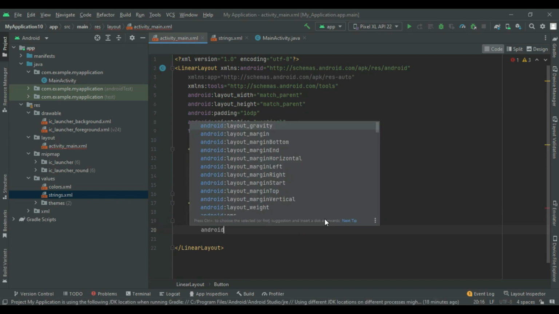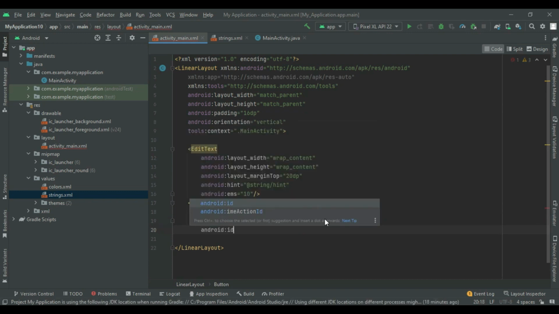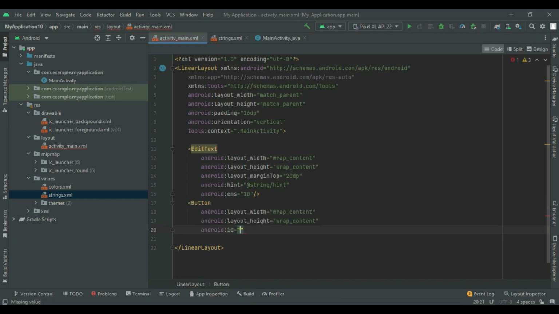Now next I will use android:id. I will create an ID for the button. So I will type it like @+id/send. So send is the ID of the button. So remember guys, send is the ID for the button that we are going to use in the Java file. Okay, and I will set the margin for the button also 20dp,